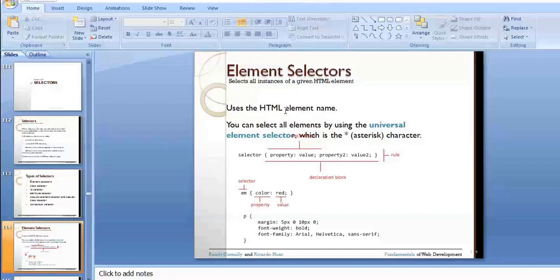The other case is when you want to specify the same style for the whole content of the document, then you use the universal element selector. To represent this universal element selector you just use the asterisk symbol, instead of your paragraph or emphasize em tag. In place of the selector name you just use the asterisk symbol.